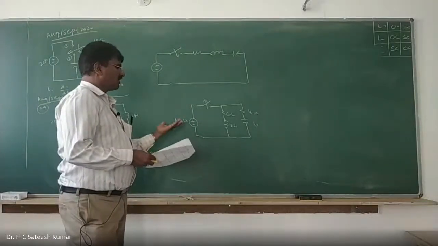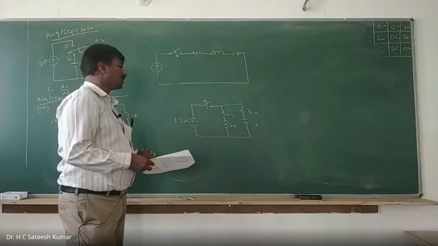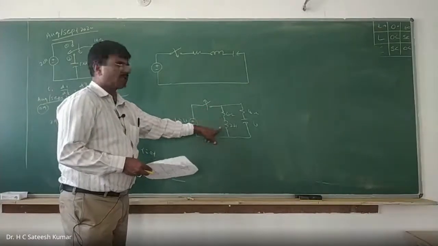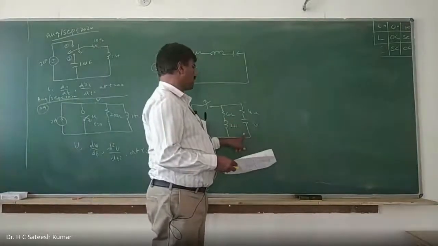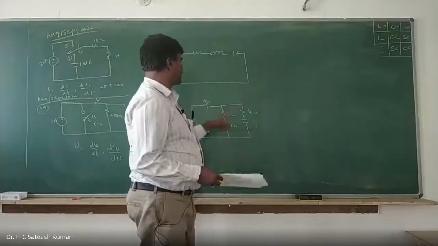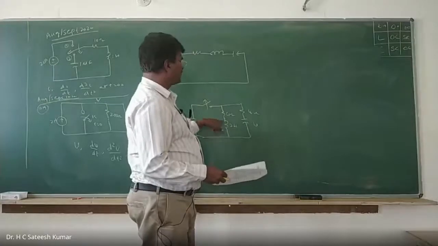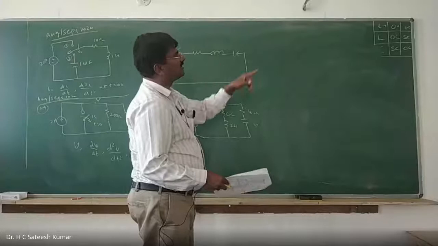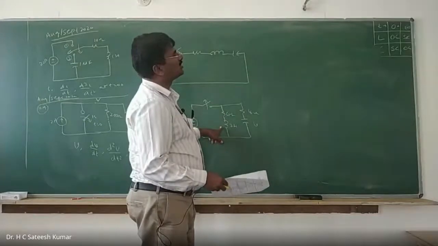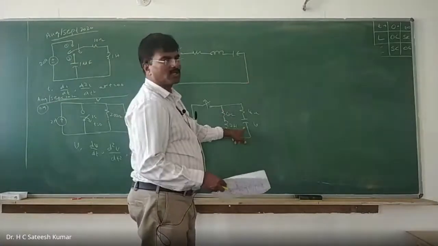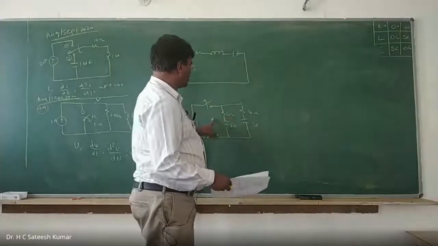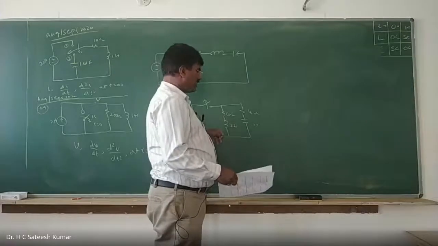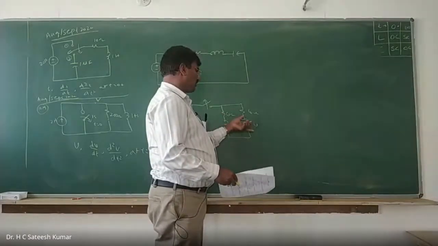Many problems of this kind we did it. Initially the switch is closed, and some current will flow here, and some current will flow here. Depending upon that, you apply the condition for when the switch is closed. When the switch is closed, what is the condition? It has reached the steady state. That means the inductance becomes short circuit, and the capacitor becomes open circuited. So once it is open circuited and this is short, some current will flow here, and some current will not flow here, but there will be voltage.